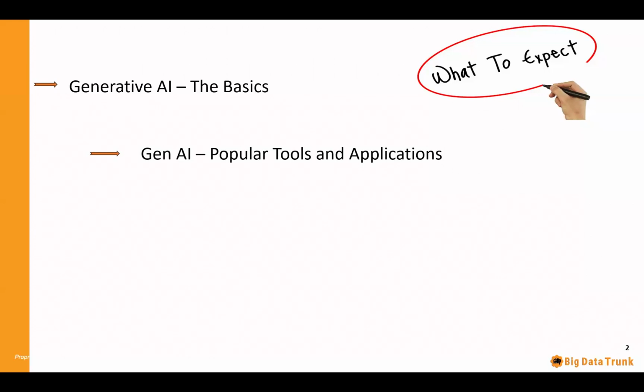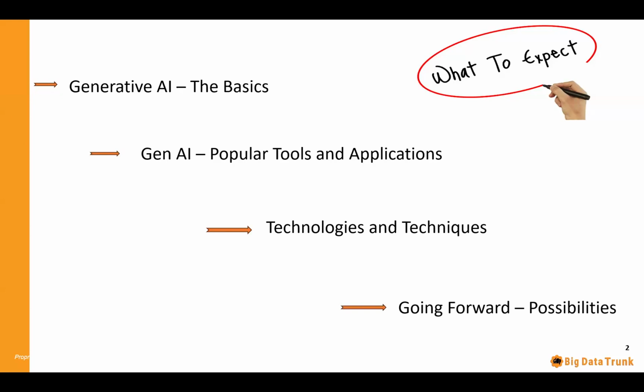Some of them are things that I think all of us are pretty aware of, and then there are also a lot of newer, unique applications coming out, so we'll spend some time on that. We'll take a very brief look at some of the technologies underlying most of these Gen AI applications, at least to get an introduction to the terminology that goes in. This is something we'll do briefly. It takes quite a lot of time to understand all the underlying deep learning architectures, but we'll at least try to get a sense of the most common building blocks that go into creating these Gen AI applications.